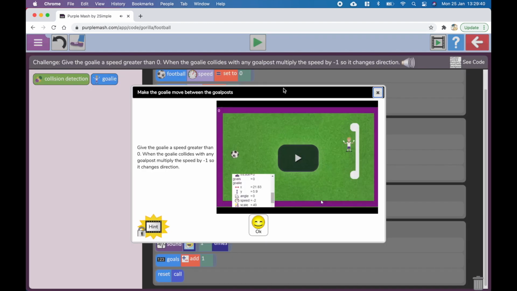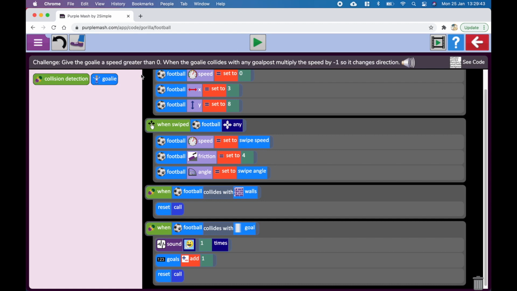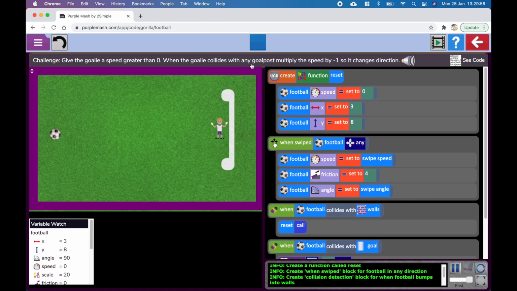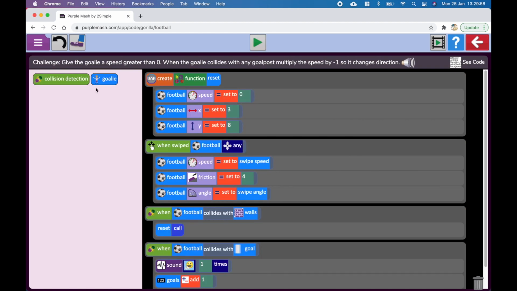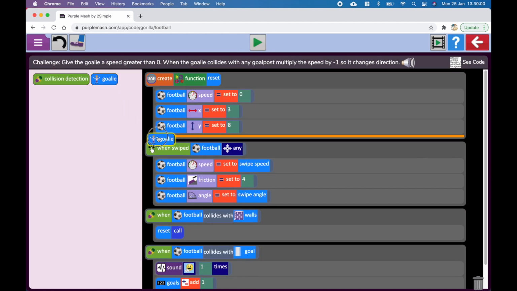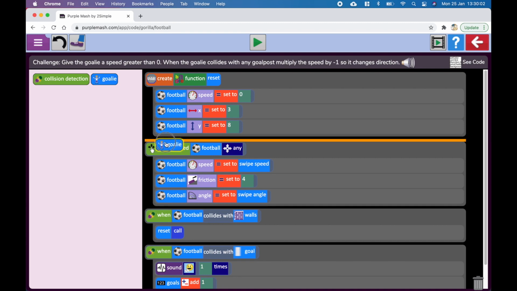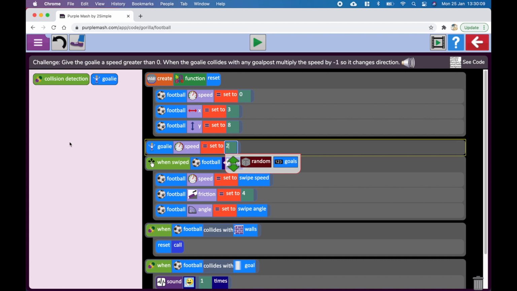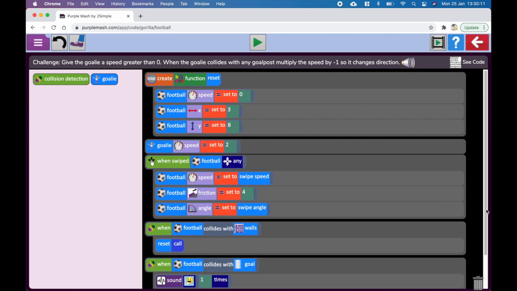So next challenge. It says to give the goalie a speed greater than 0, and then when the goalie collides with any goalpost, multiply the speed by -1, so it changes direction. So at the moment the goalie is there but not moving, so we're going to set the speed of the goalie. We can do it at the top underneath create variable. So we're going to set the speed maybe to 2, and then we'll go to the bottom of our code,